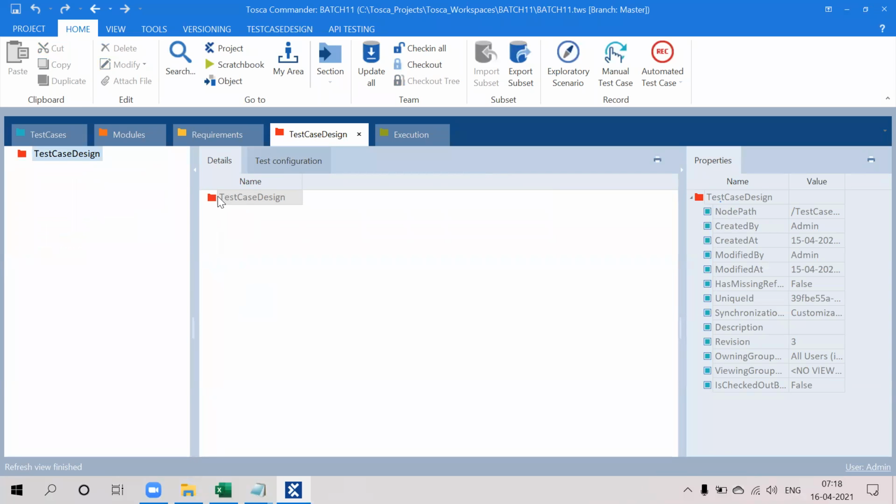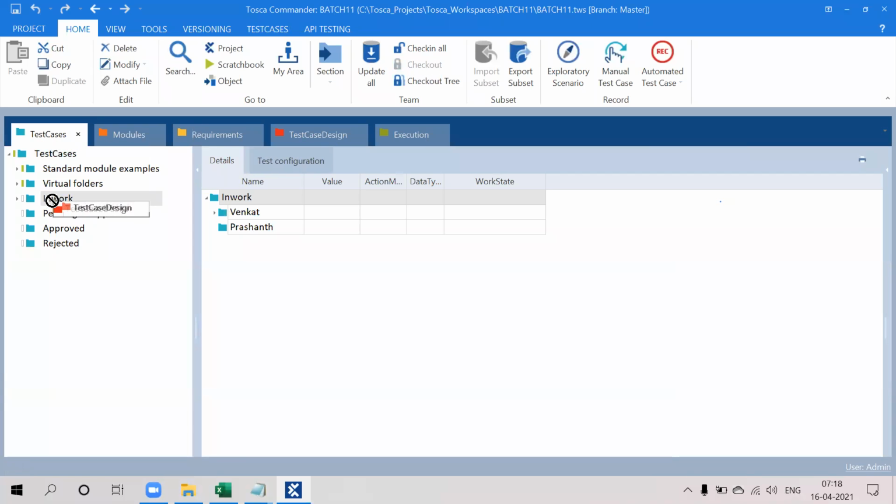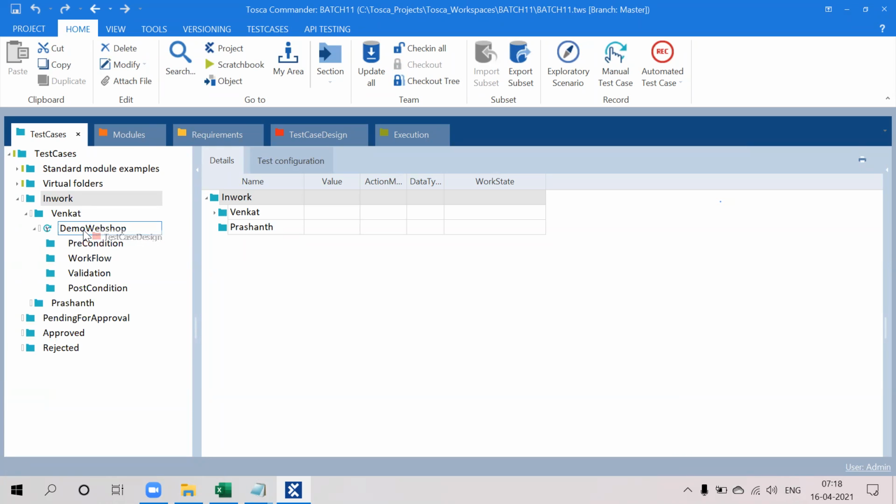Once you design the test cases, and once the developer has done the coding part, whatever you have done here, you just drag and drop onto the particular test case. Here I am going to drag and drop onto the particular test case.